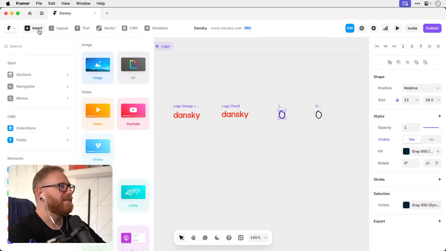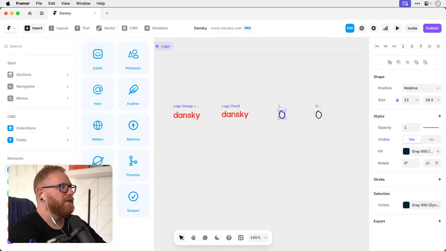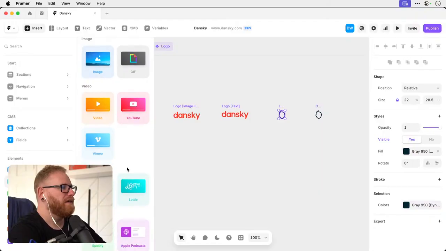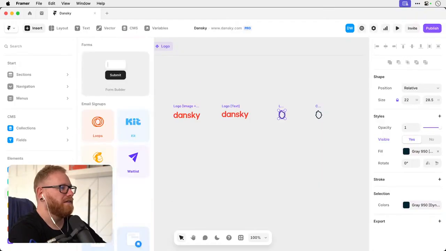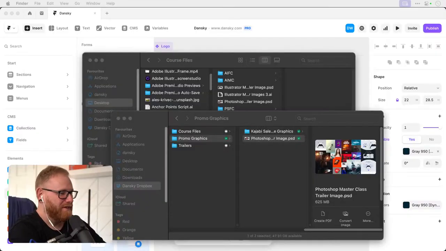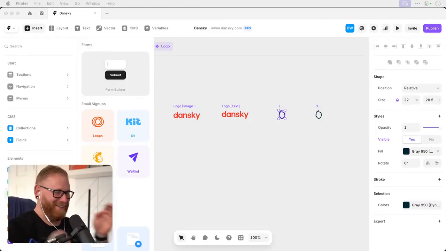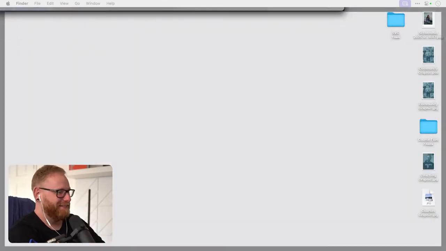No. Insert. Yeah, image. Mike, help. Drag and drop. Okay. Yeah, I knew that. Oh no, where is it? SVG, I gotcha.